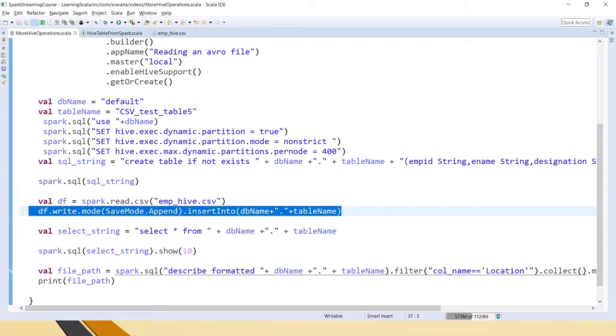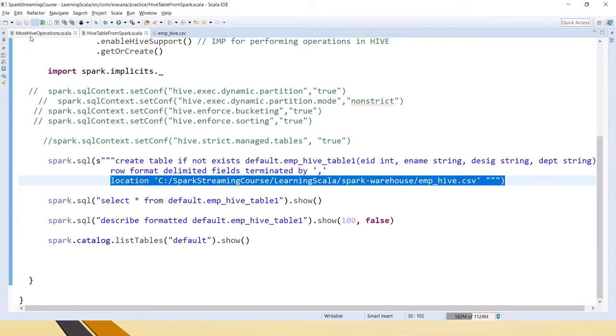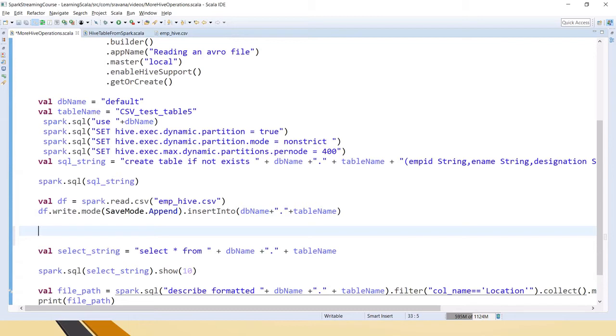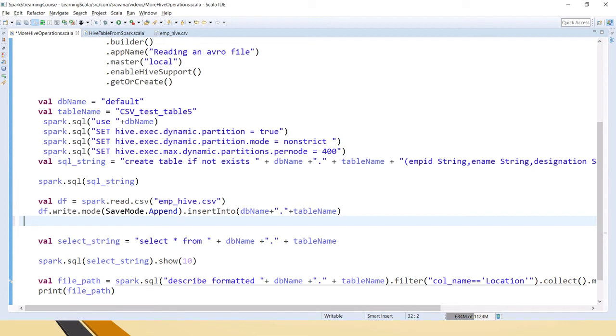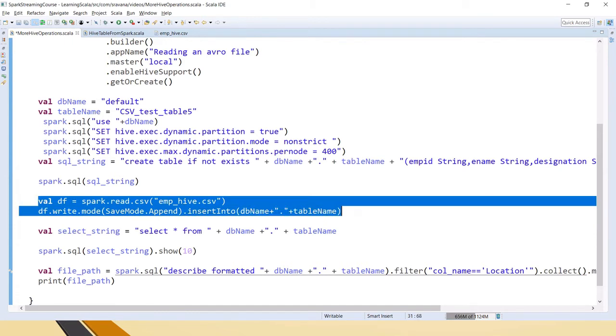Another way is you can directly say format as Hive. Usually in any of the other videos, like writing Avro format or writing CSV file format, you can see df.write.format. You might have seen this already. So here you can pass it as the Hive format. You can just try that out. Okay, you can try this also, and then saveAsTable, you can try that option also. That is one way. Or you can directly do insert into this table name also. Okay, you can try anything.